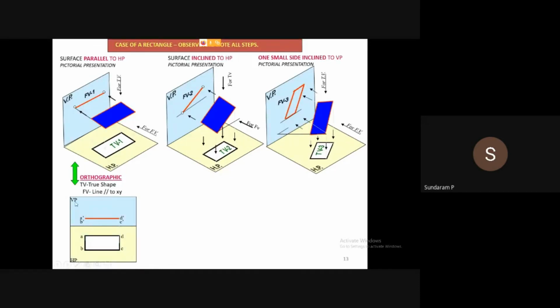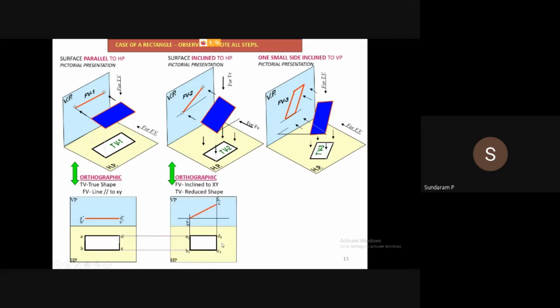In the front view, see here A, B: we use A dash and B dash. Suppose here A, B, C, D. So A dash, D dash is visible, while B dash and C dash are not visible, so you need to put those in brackets. When looking at the top view, all of these are visible without dashes. The notation is very important to understand the front view and top view.